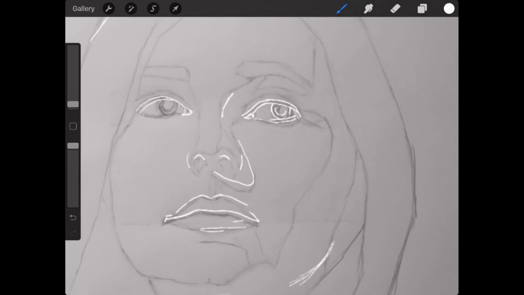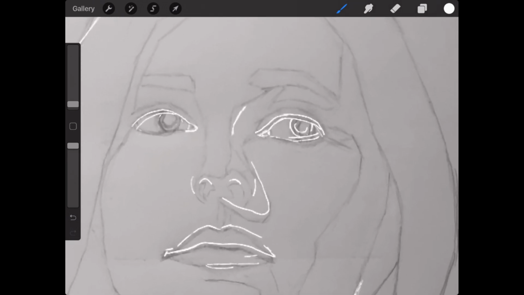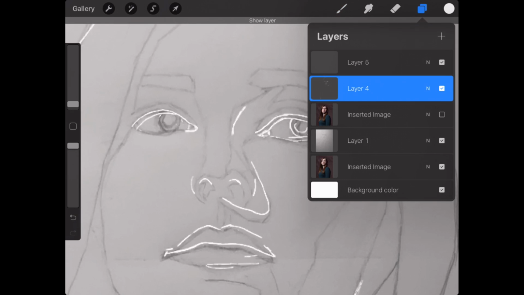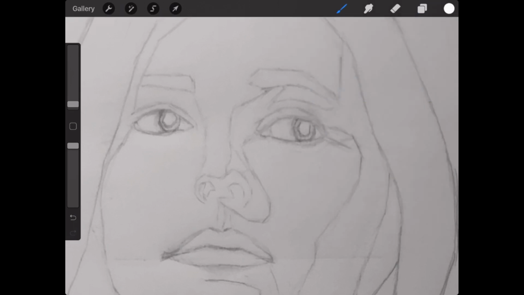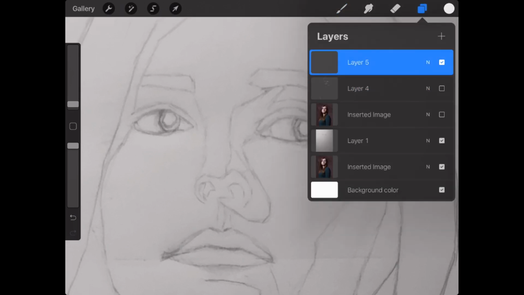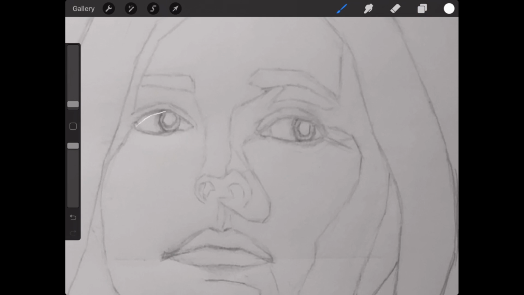Outside of that, let's take a look at the eyes here. Okay, so your position of the eyes is actually really spot on. It's just that I didn't see this underplane. That's pretty obvious, mostly on this left side of the eye. So I would definitely indicate that. Where you have this top line seems like it's where the eyelashes are, so just make sure you draw in that underplane.